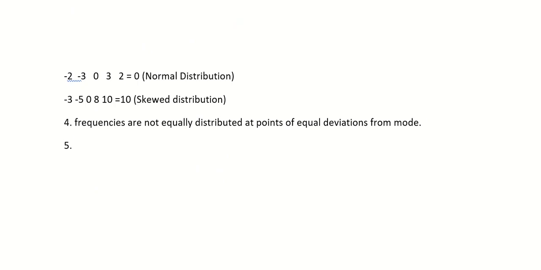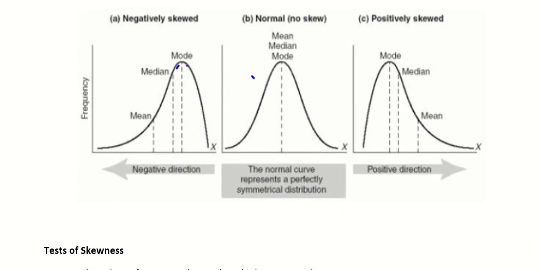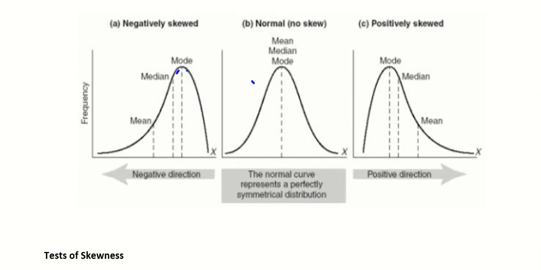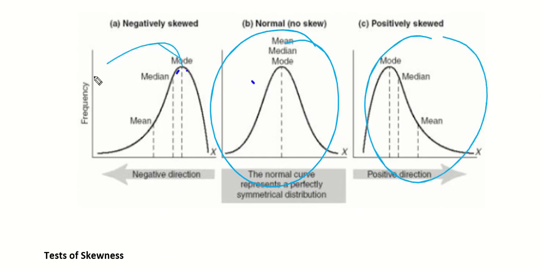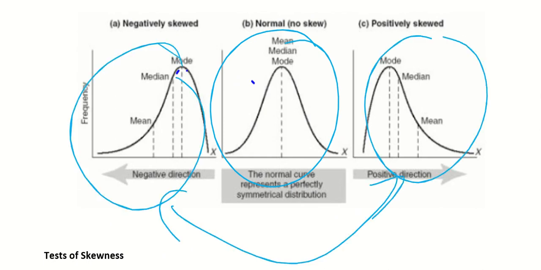Then next one, fifth, is the frequency curve of the normal distribution. So this is all about frequency distribution. The frequency distribution is not symmetric. This also you can say by just looking at the plot of the graph, like I did in the last assumption. So in the central figure, you can very clearly see that the data is symmetric. But in this case and in this case, data is not symmetrically distributed.